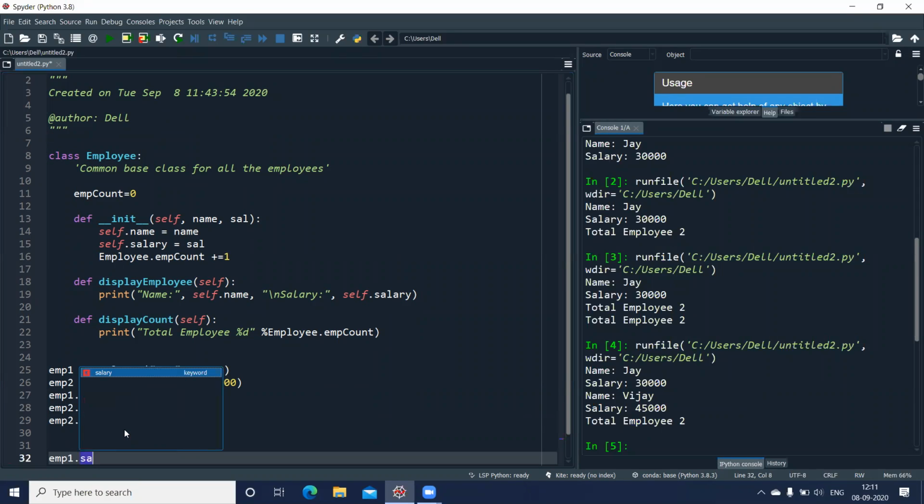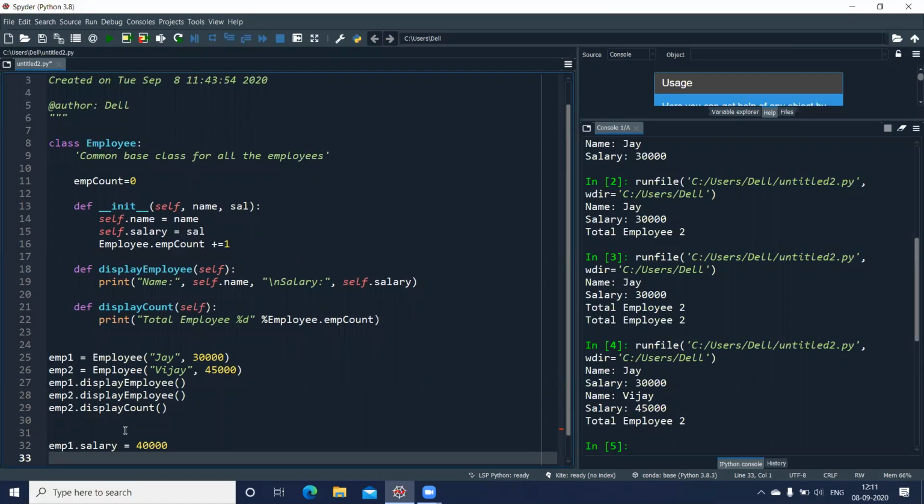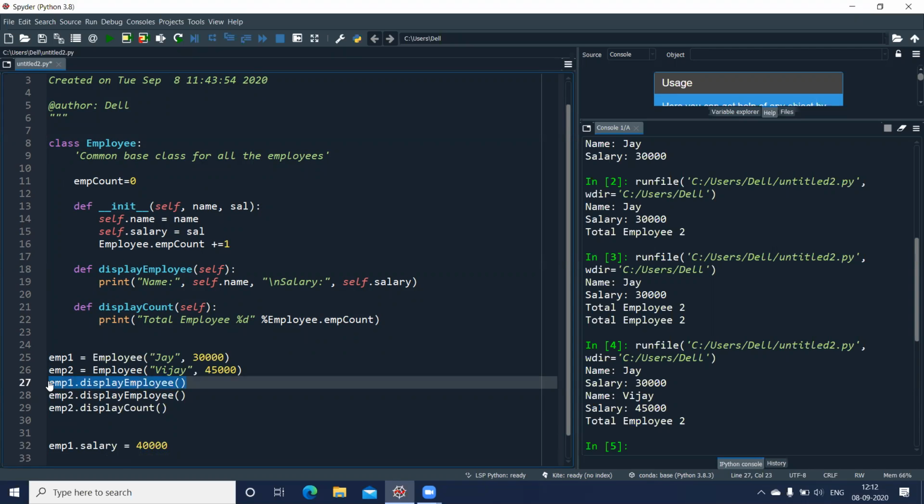Now you can see the variable salary is accessible outside, equal to, now instead of 30,000, let me give him 40,000. And now when I display it, I'll copy this line and display it here.